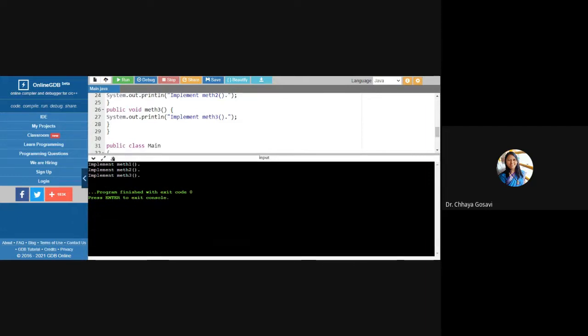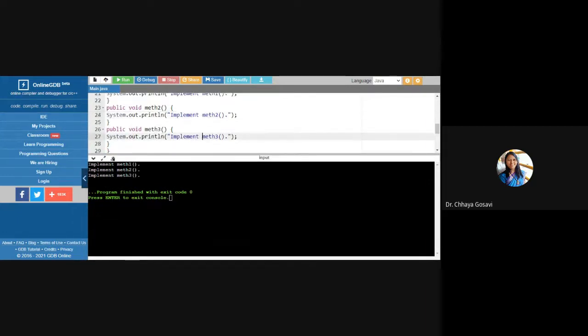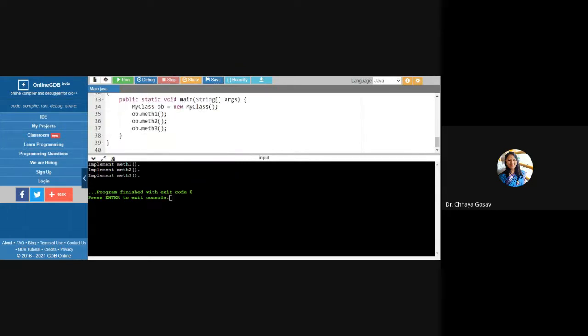It's displaying implement method 1, method 2, method 3. This one, and this one. So one interface can extend another interface.